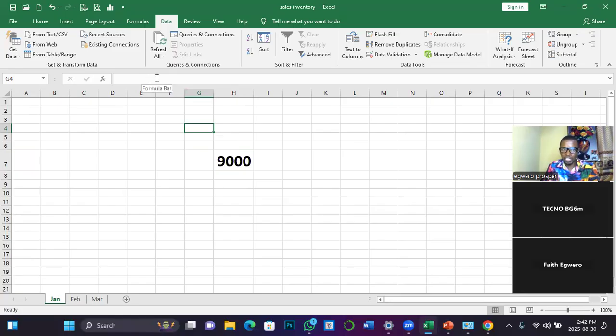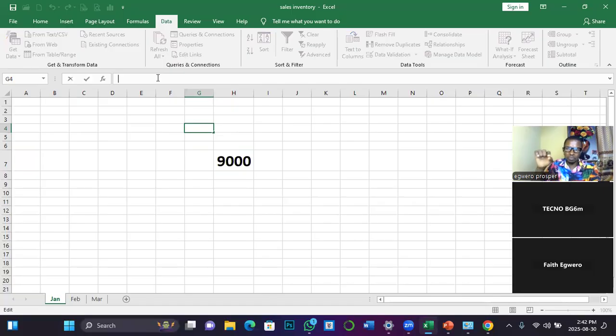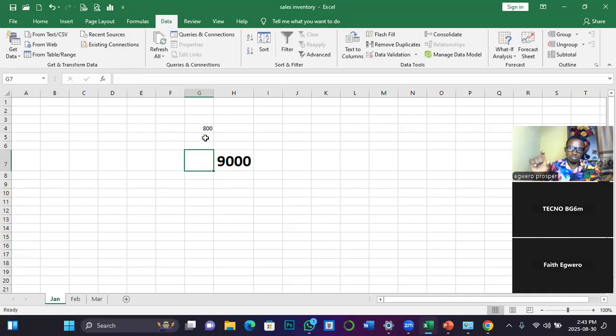Now let's quickly look at this section. It's still part of the formula bar. This section displays the content in your cell. Why is it not showing anything? Because the cell I am in does not have any value. Once I type a value, the value will start displaying here. Now, if I perform a calculation and I click on the cell where I have the calculation, the formula I use is what will be displayed here. So let me quickly walk us through that as part of what we promised to teach you.